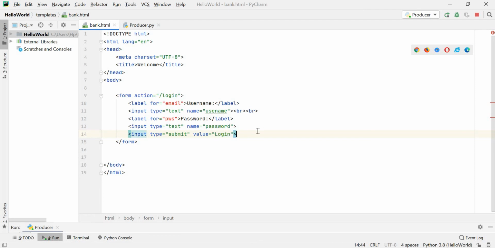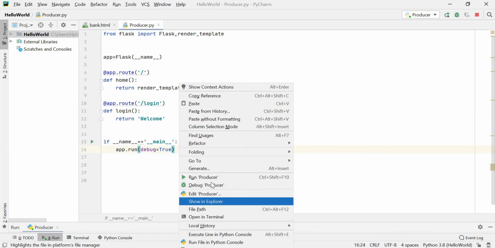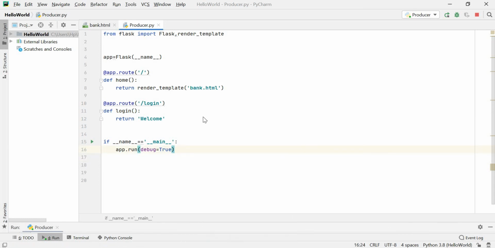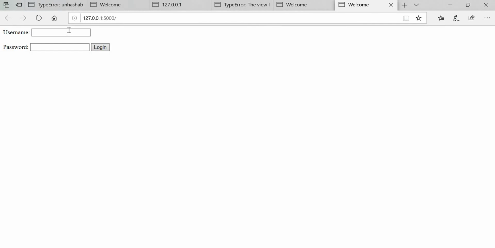Okay, so we'll save this file, then we will run this one, then we will hit this URL. See guys, this username and password came over here. See the login, we can give the break line over here.